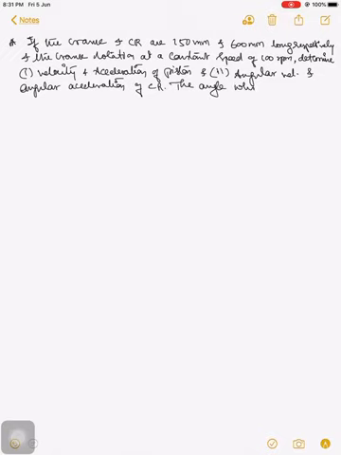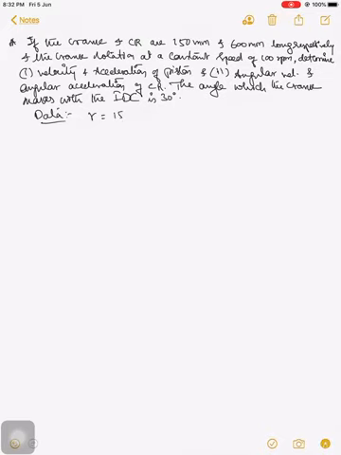The angle which the crank makes with the inner dead center IDC is 30 degrees. So using the formulas which we have derived in the last video, we are going to solve this problem. So initially the data given is